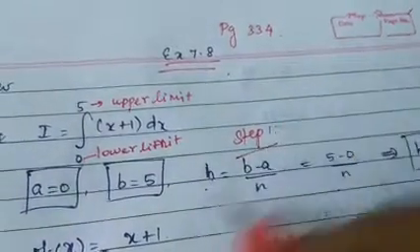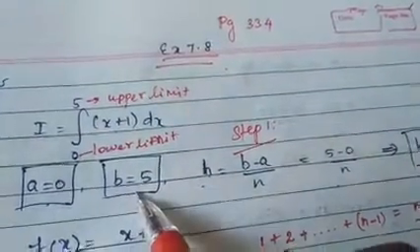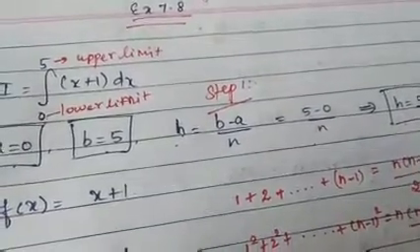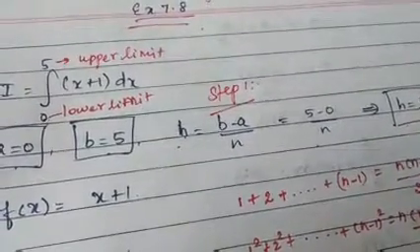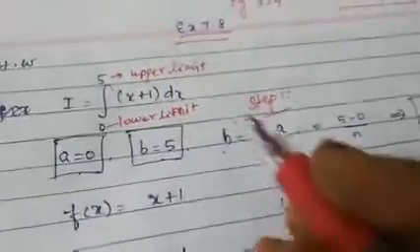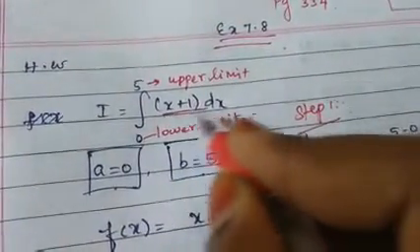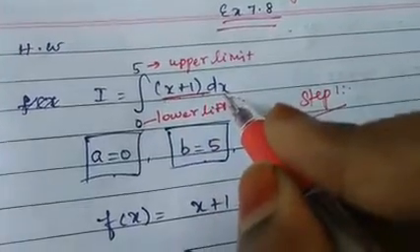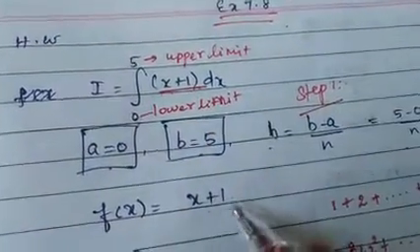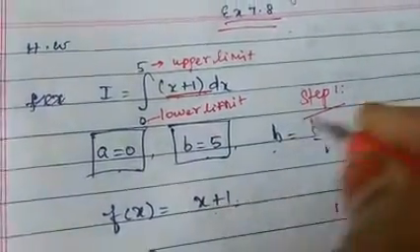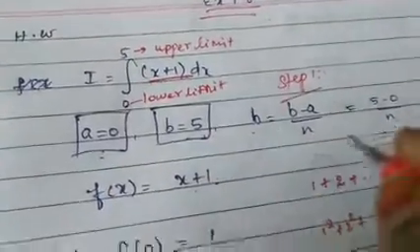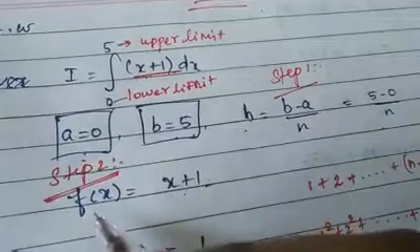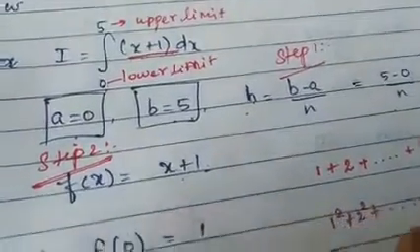First, write what is the value of a, what is the value of b, and find what is the value of h. This is a very important sum and they may ask it in 6 marks also. Then, after that, you need to write what is f of x, that is the given function. Other than dx, what is the function? That is f of x into dx in the question. Therefore, f of x is nothing but x plus 1. So, the first step is writing a value, b value, and finding h value. Step 2 is finding what is given, f of x. The next step,